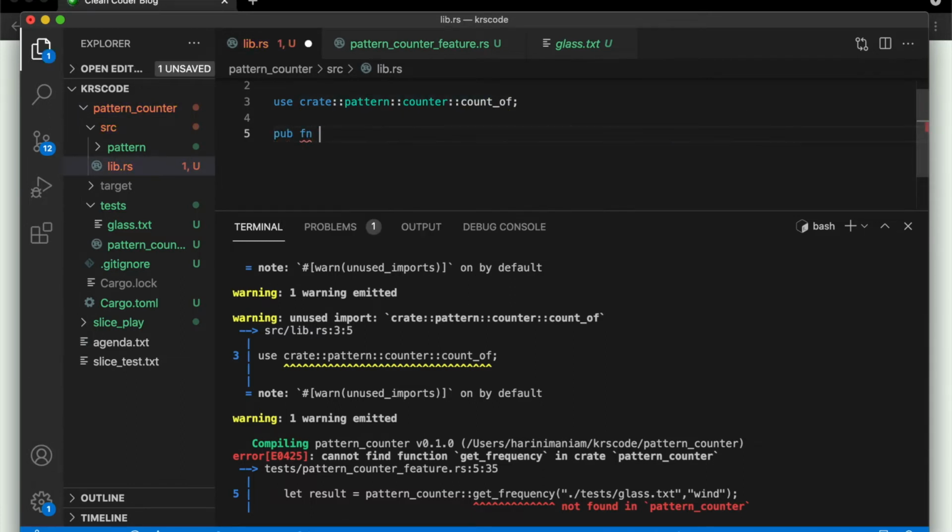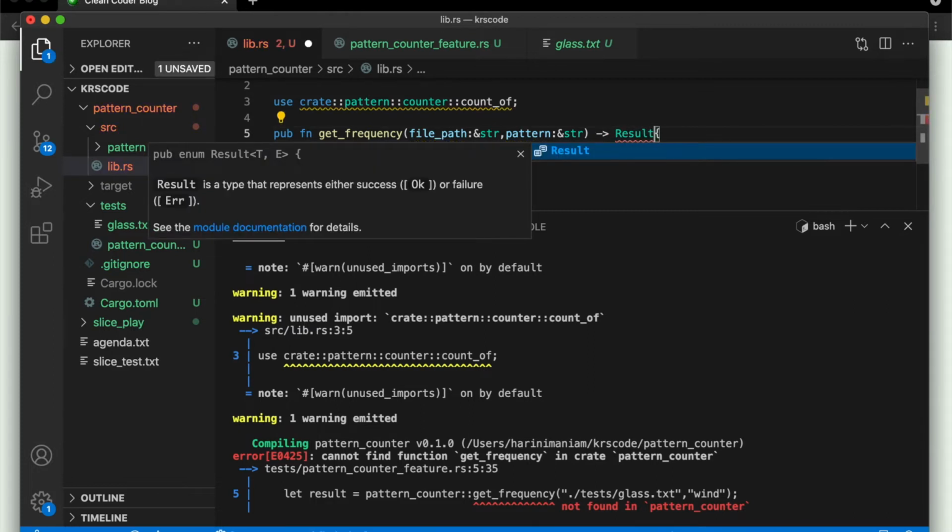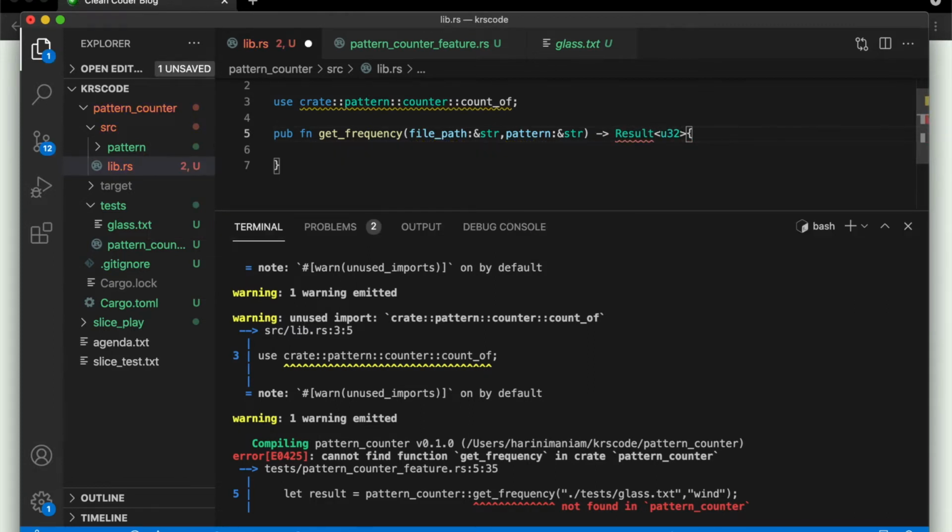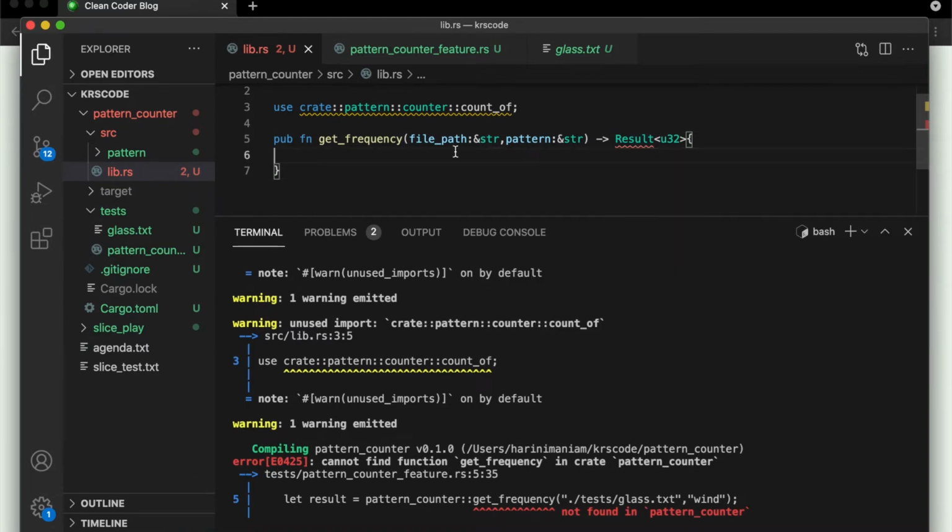And let us go here and write this: pub fn get frequency. This is going to accept two strings. The first is the file path, and the second is the pattern. Okay, and this is supposed to return a result of u-particle. And it is asking what this result is. We are going to read this file line by line, and then